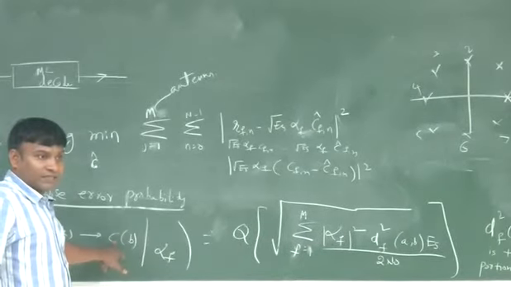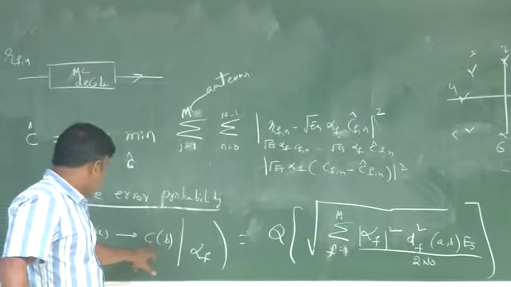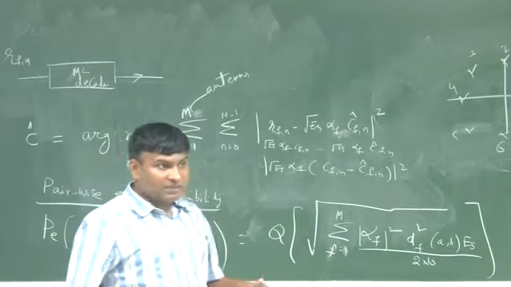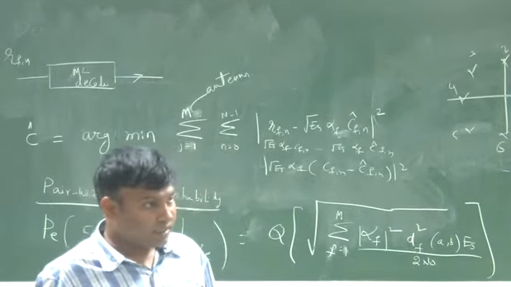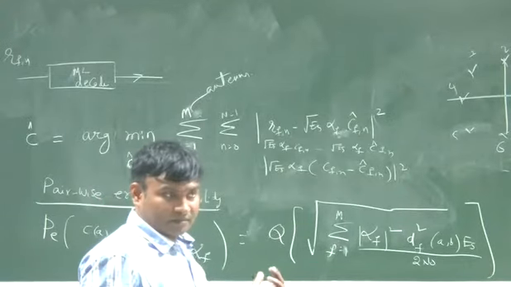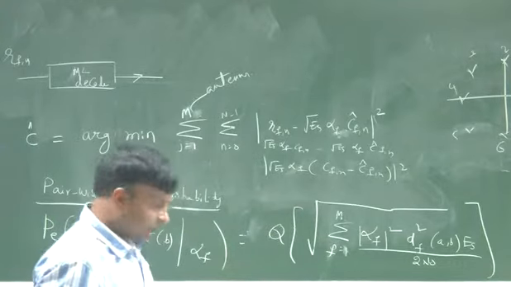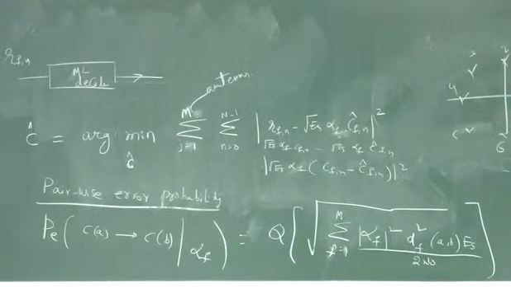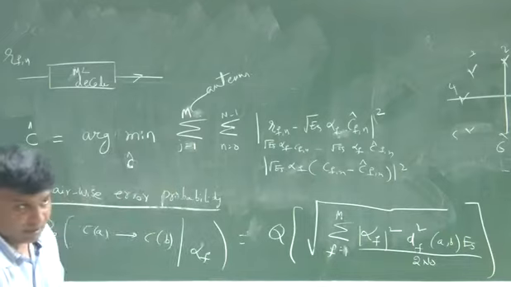Decided in favor of CB. Yeah, it's decided in favor of the entire sequence CB, and if CA and CB differ in at least one position, then we decide this frame is in error. Okay? It takes a bit of time to get used to this notion, but this notion of pairwise error probability is very important in coding theory, right? Both in space-time coding and classical coding.